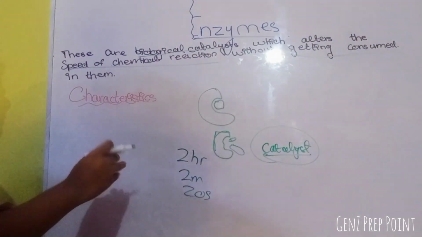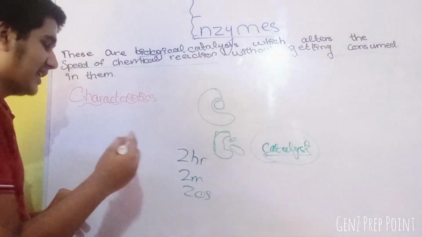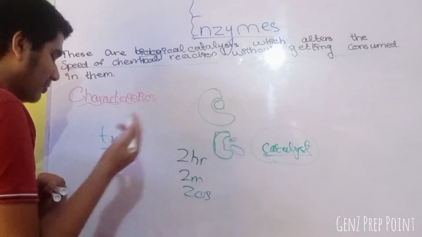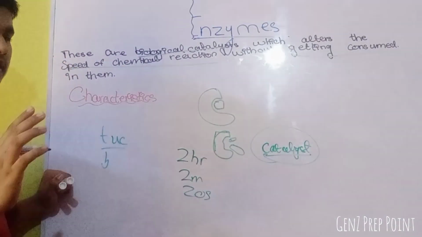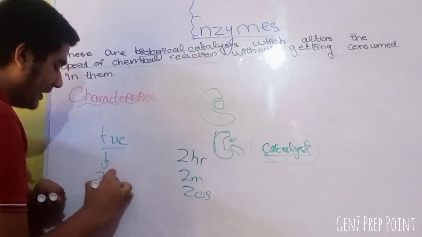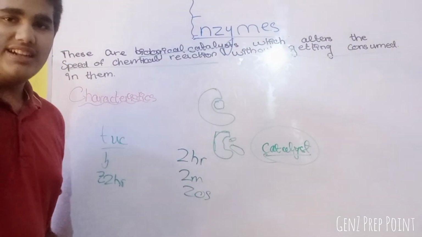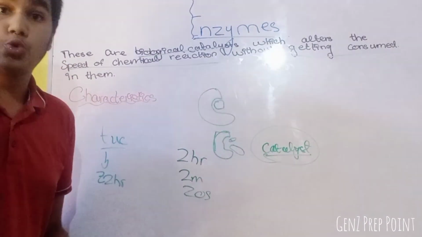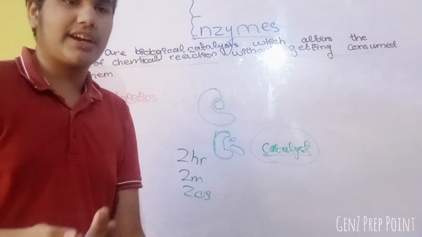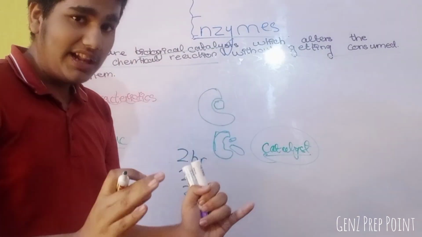What about the speed of reaction? I will explain it more. For example, you eat a tub biscuit. It is going to take you maybe 2 minutes, 20 minutes to digest. But without an enzyme, it's going to take 72 hours to digest a single small tub biscuit. 72 hours.